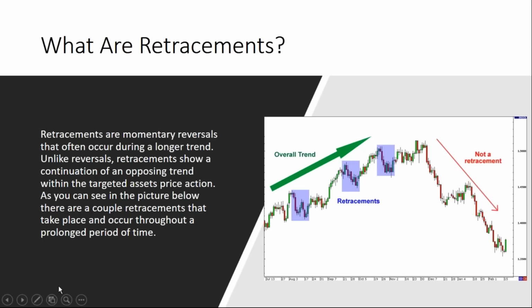So a retracement is a momentary reversal that often occurs during a longer trend. Unlike reversals, retracements show a continuation of an opposing trend within the targeted asset's price action. In other words, when price is moving up, we would expect it to ease down a little bit as buyers reposition themselves to move back up and thrust. And there are some rules about how low the low can dip when it is dipping down so that you know it is a retracement and not a reversal, because if it breaks the low,